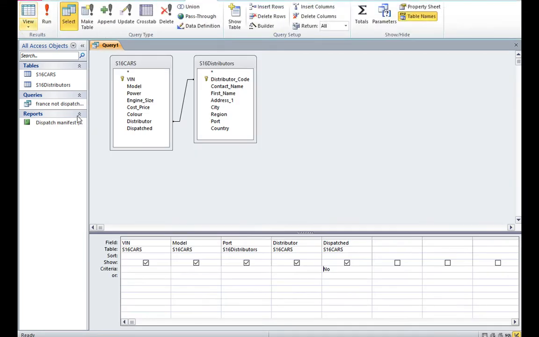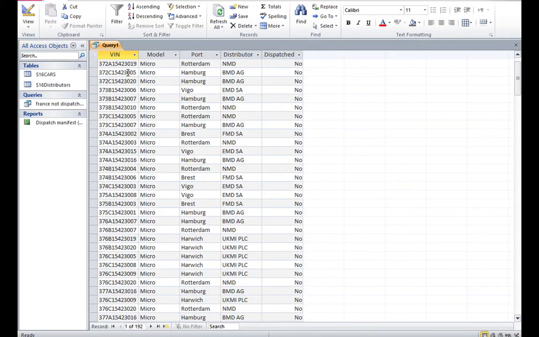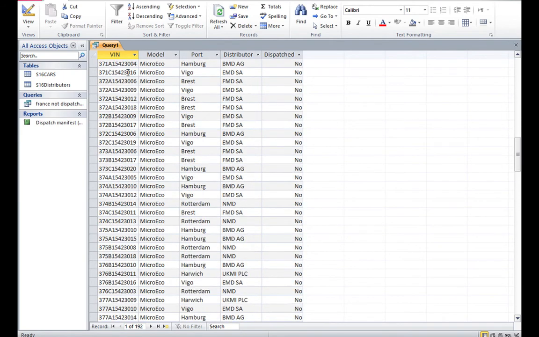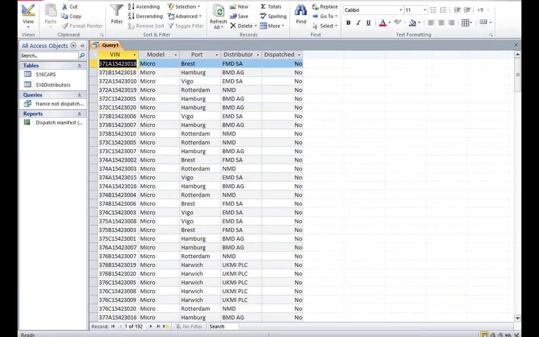The way that we do this is we go to the VIN number, and we type in 37 followed by an asterisk. This means ignore anything after 37. I then click run. We then look at the data, and can I see that all of these VIN numbers are 37? Yes, I can if I scroll down, so I know that definitely works. I then go back to the design view,